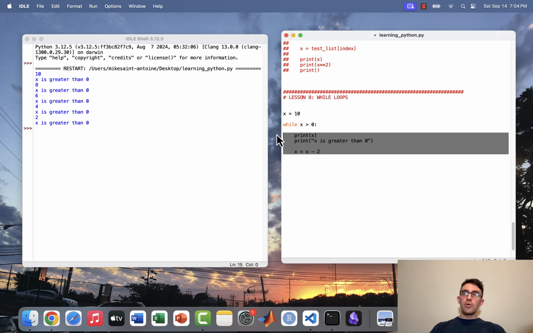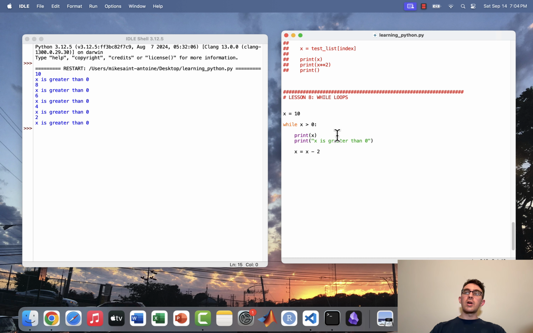It prints out the block of code, runs the block of code, and it keeps doing that until eventually, on the last one, x is 2. So when it does this update, x equals 2 minus 2, it gets x equals 0, and then it checks, is 0 greater than 0? And 0 is not greater than 0. So now that this condition is no longer true, it's actually false now, the while loop ends and the program